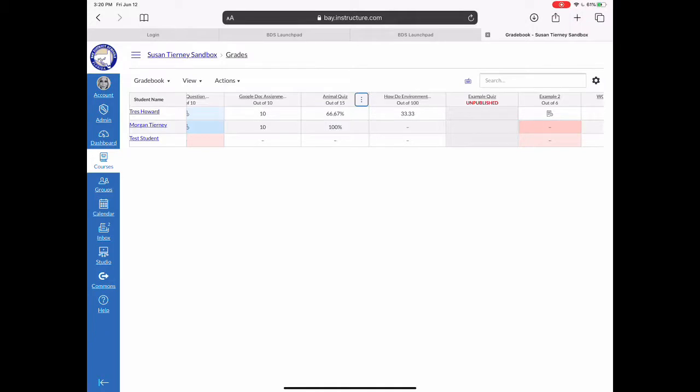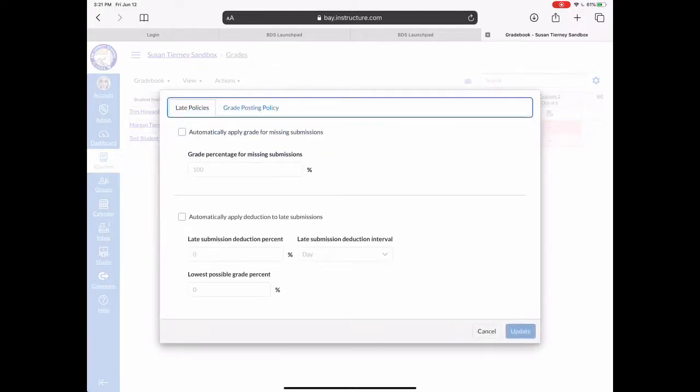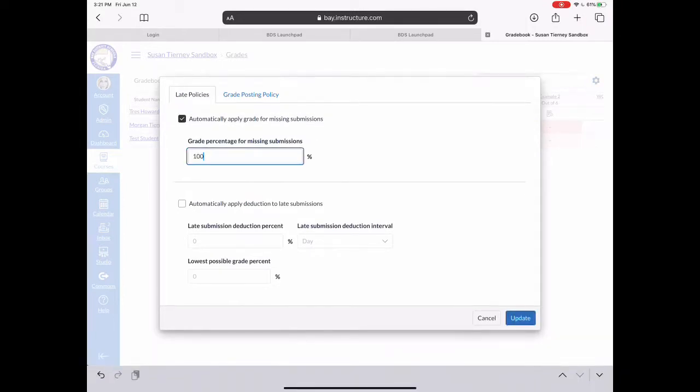All right, the last thing to note inside your gradebook is a little gear setting right here. This will allow you to automatically set some policies for grading. For example, you can do a late policy. You're going to give anybody that applies a grade for a missing submission. So in our district, I believe the lowest score you can give is a 50%. So if you turn this on, then anybody that does not have a submission will automatically get a 50% for